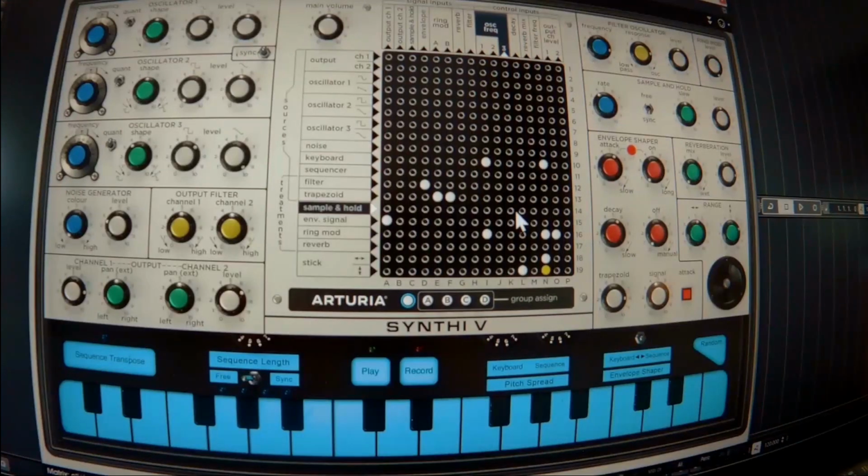Okay, let's check. Here we got the one that Paul did, and via the attack you get a little bit into that here, and when I change, the keyboard behaves like...